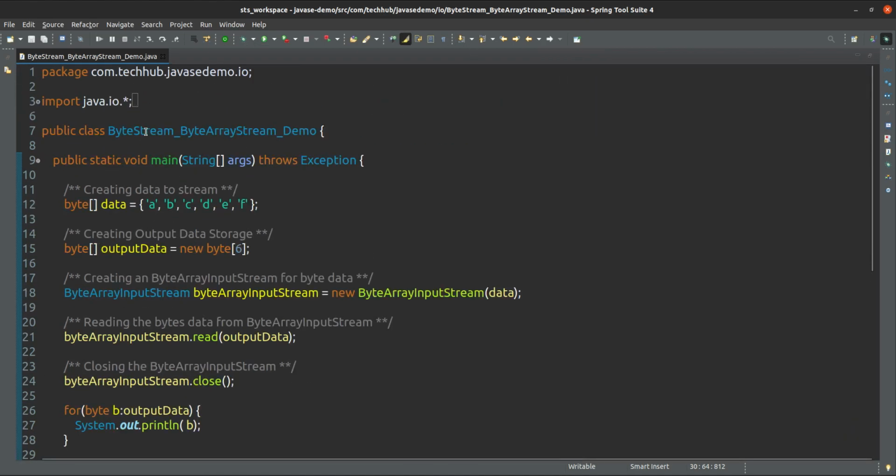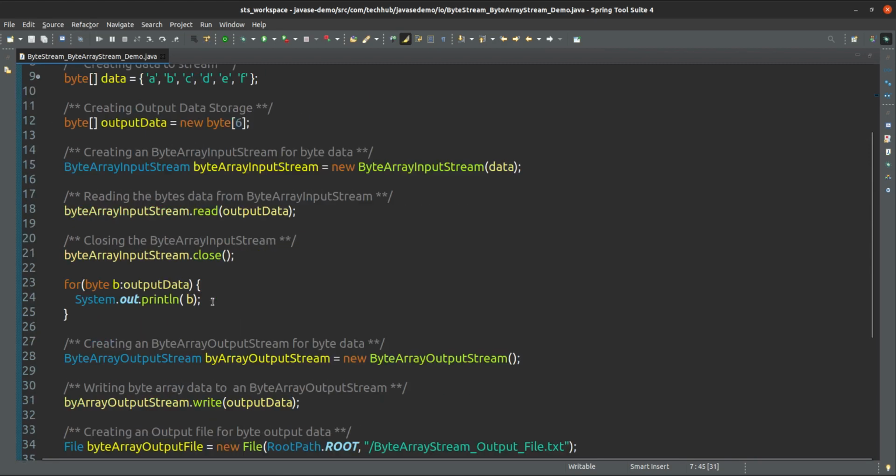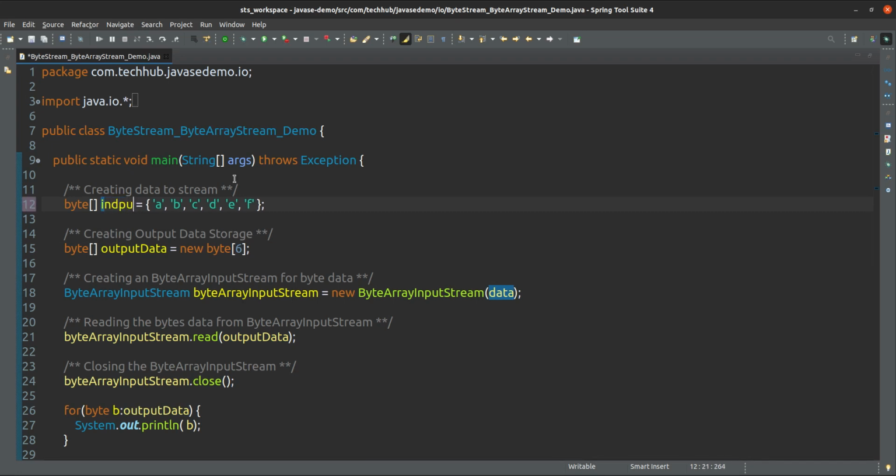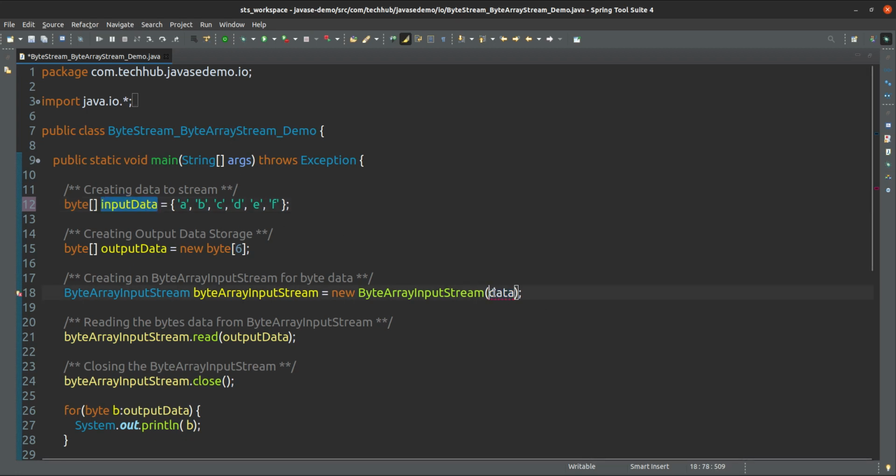This is the use of byte array input stream and byte array output stream. From this byte array, we are taking the input, and we are giving the output to this array. This is an input array, or we can say input data.